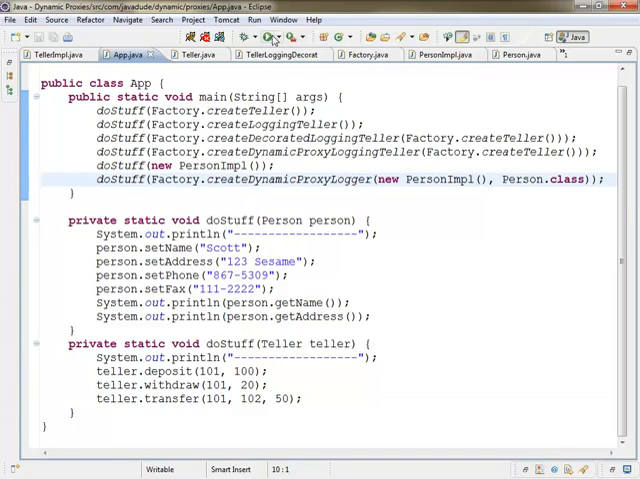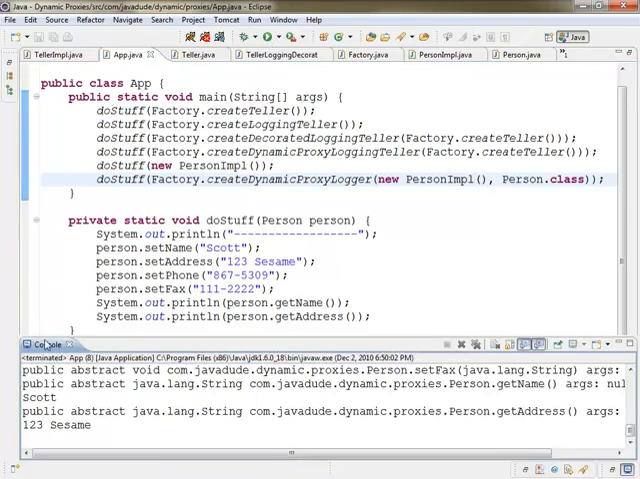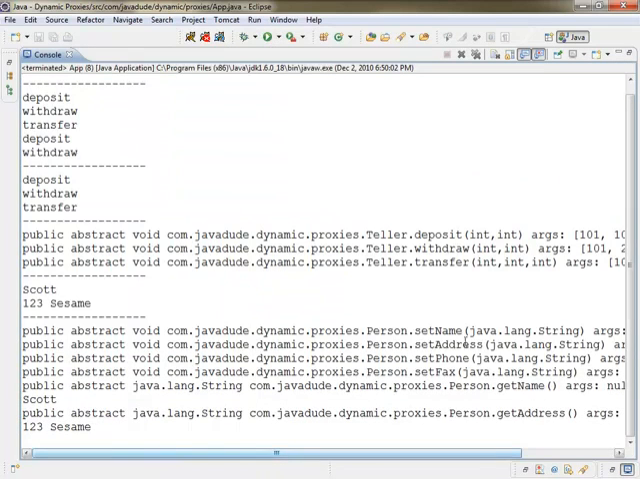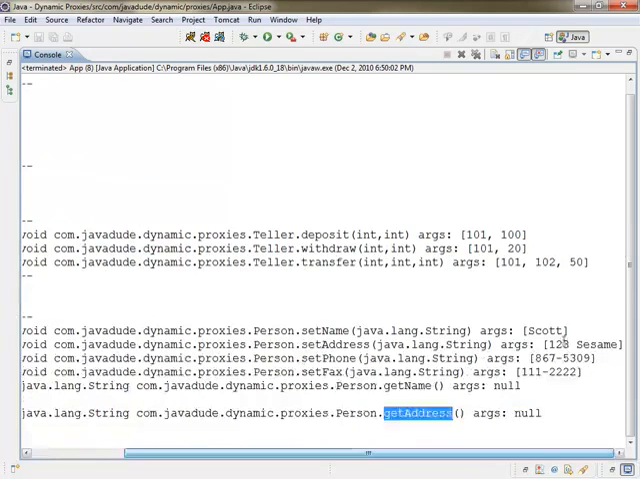Let's try running it. And you're going to see that we call set, get, the different setters, and the getter are all being called, and it tells you what the argument being passed in is. So now we have a nice generic logging facility. We can log any object we want. Pretty nifty. Now if we wanted multiple interfaces,